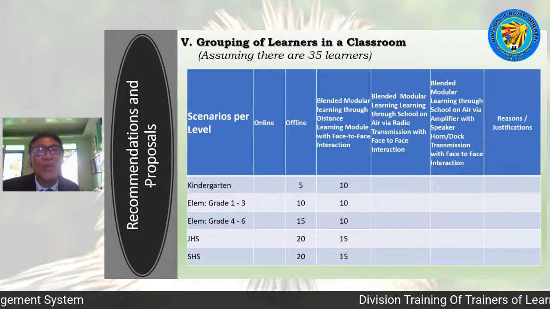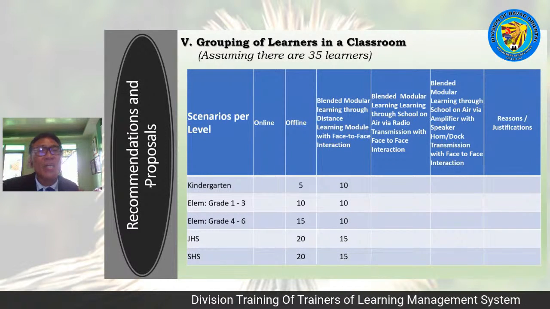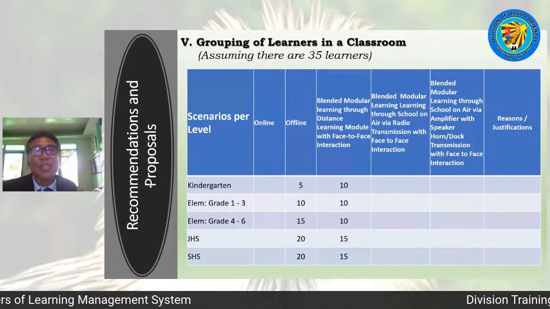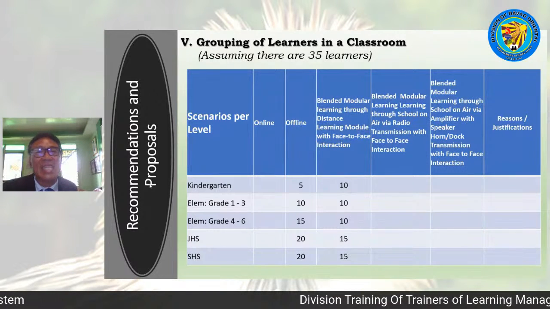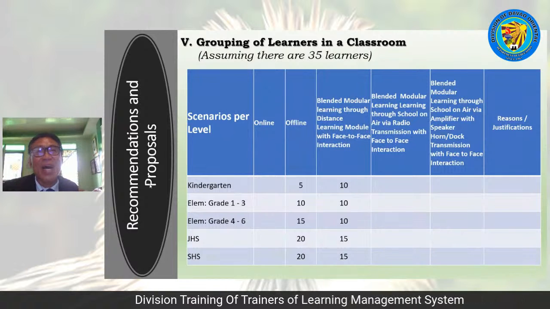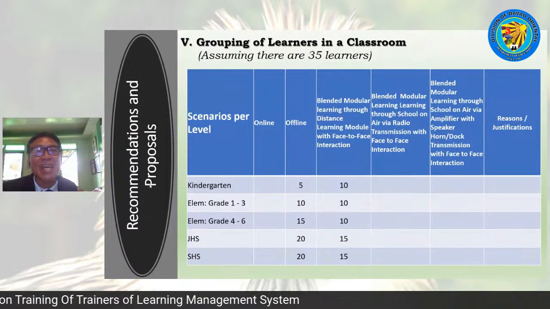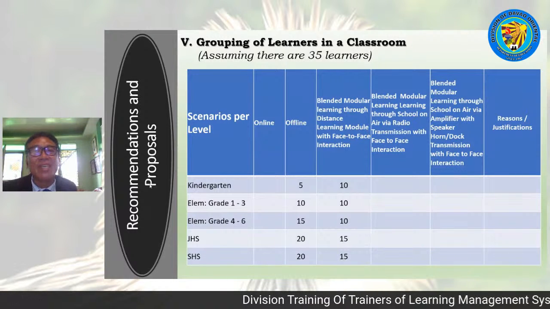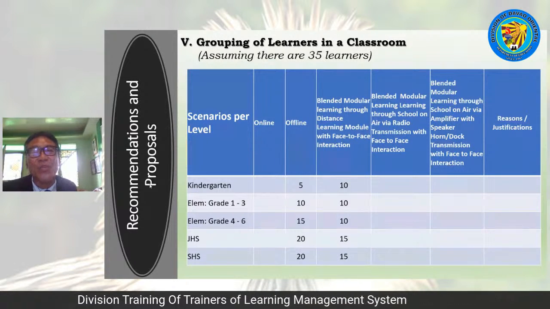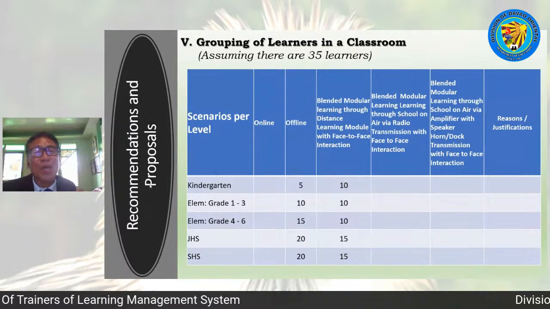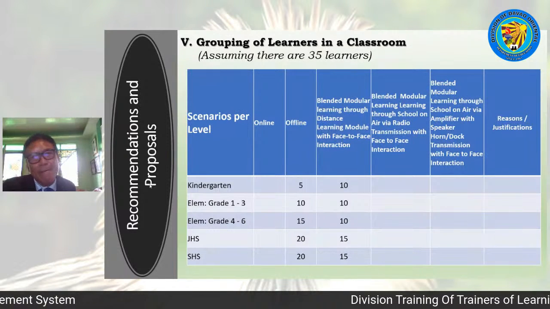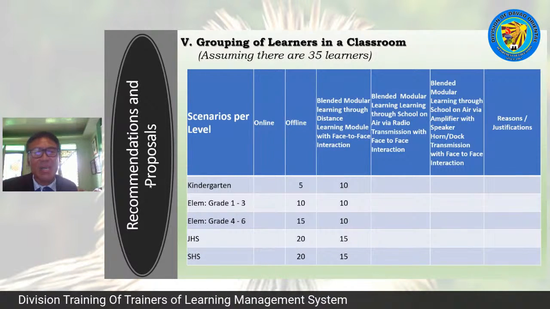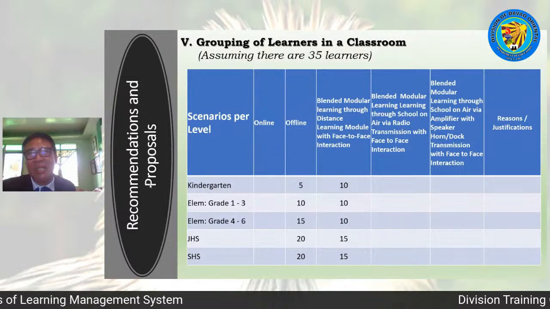Okay, so for the grouping of learners in a classroom, yung proposal ng ating superintendent, assuming there are 35 learners. So dapat yung 35 natin ay hatiin yun. So, halimbawa, offline 5, no? Sa kindergarten na meron siyang estudyante na 15. Okay, so for elementary grades 1 to 3. All right? So hatiin natin 'yon. Huwag ibigla. Pero pag nandoon tayo sa yung open area, so doon sa mga tinawag natin, sabi ng ating superintendent, yung